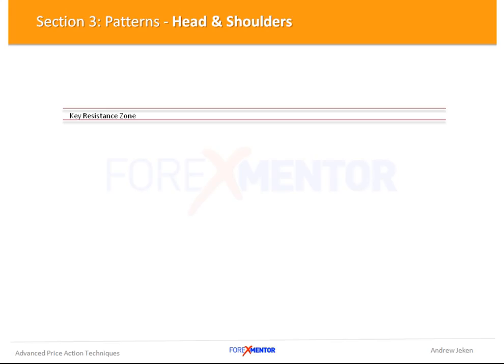Having a look at the Head and Shoulders, which is the first pattern we'll be discussing, we can see we have a key level of resistance. In section 2 we discussed how zones are created, and we're not looking at specific numbers or levels. Now these zones I like to find from the daily and 4-hour charts. We have price approaching our key level, and you can see we have a nice uptrend where we have higher